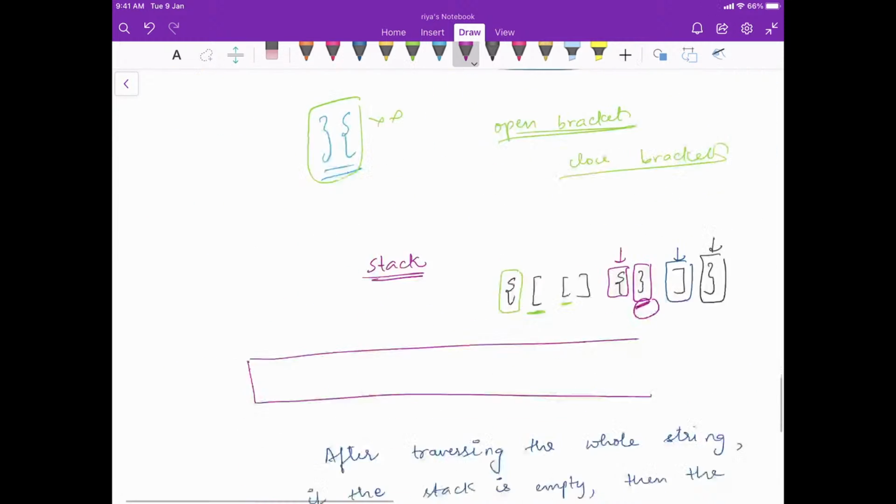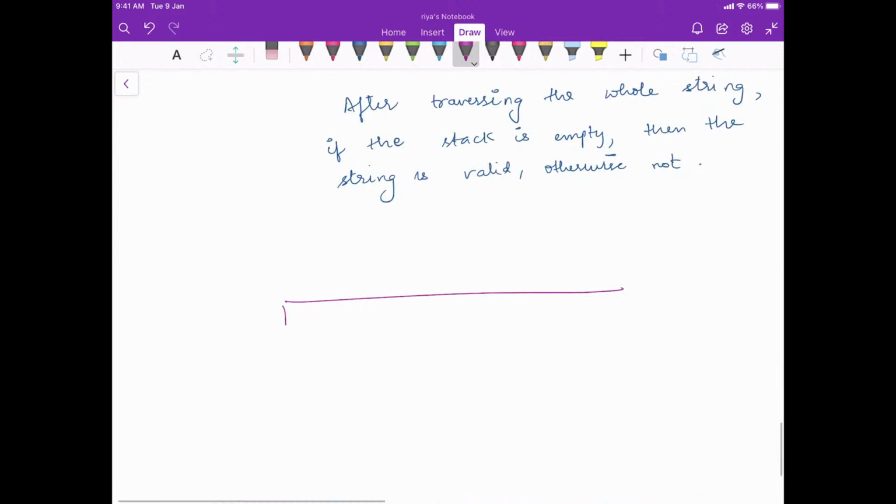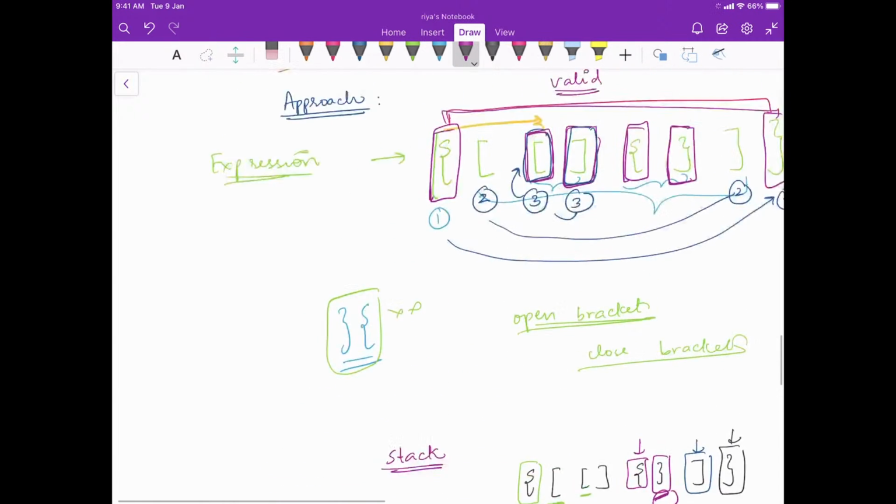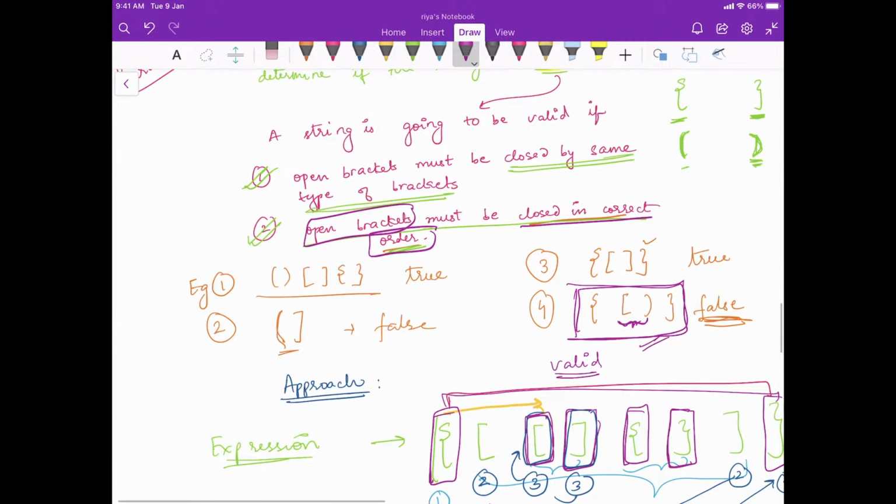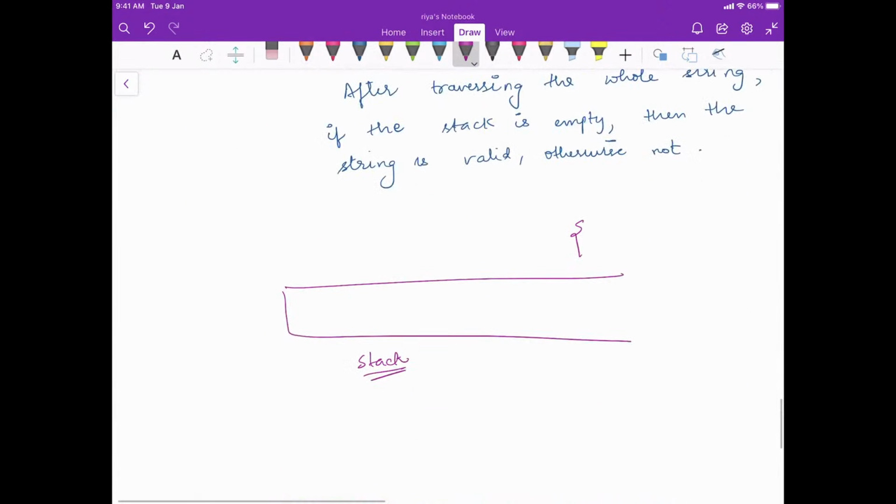Let's take this example only. Okay? So I have this. Now what exactly is going to happen at this particular point is, first I have an opening bracket that simply goes into the stack, then again an opening bracket, which again simply goes into the stack.